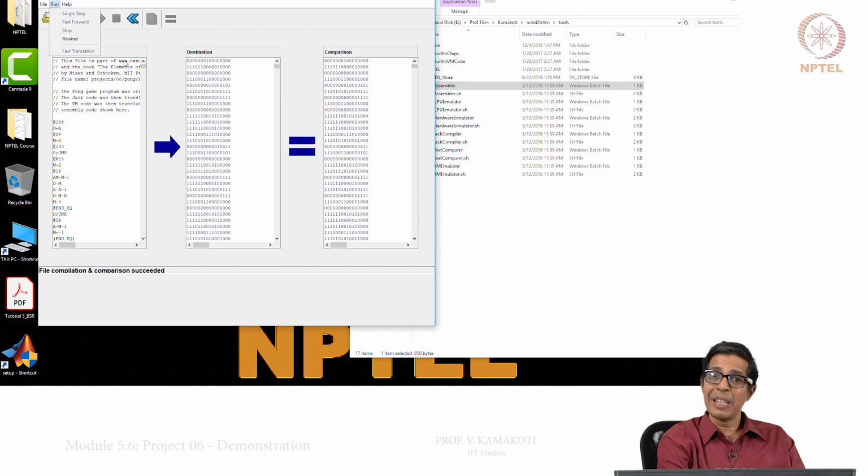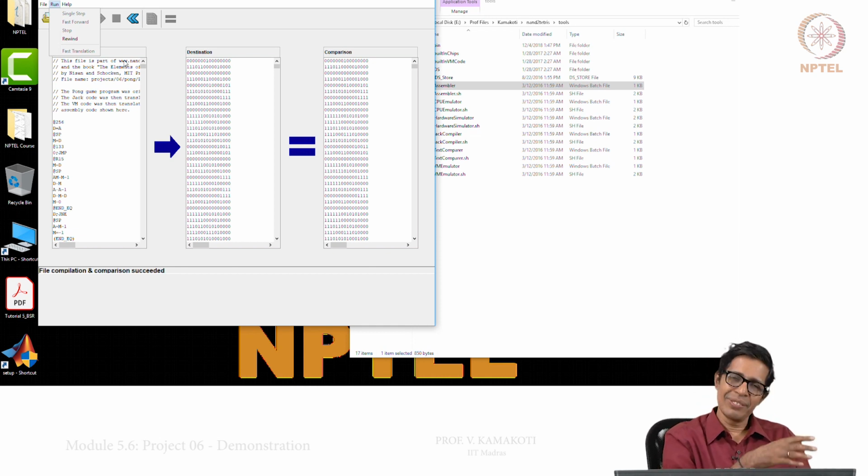Now you have made a machine, and you have made that machine more sensible by saying that now at least I can give you a mnemonics environment. You can write assembly programs in mnemonics, which is more human readable, and I have software which will convert it into binary, which can run on my machine. So this is the first step, and I hope you are excited about this.